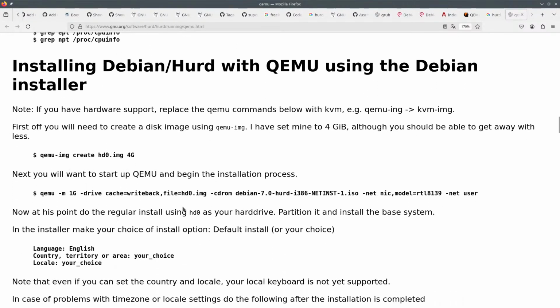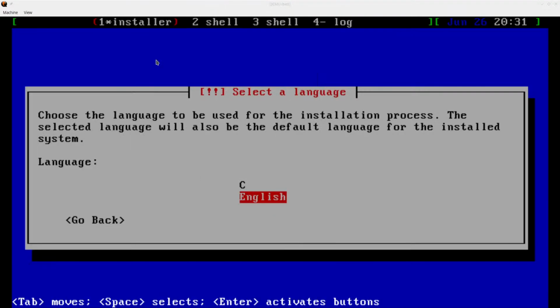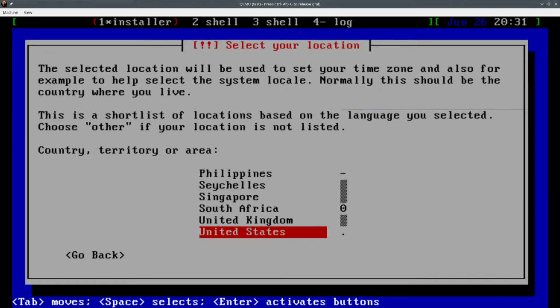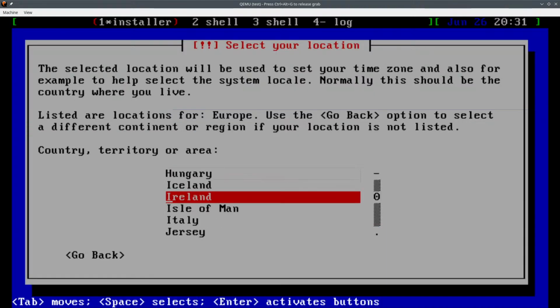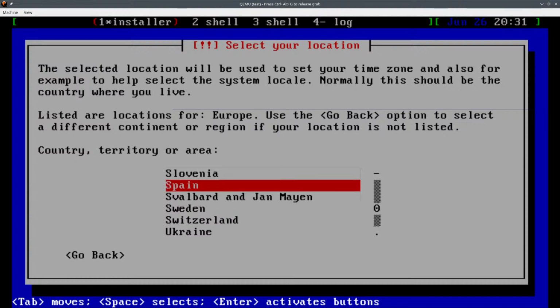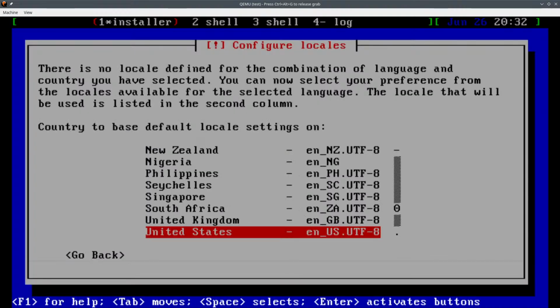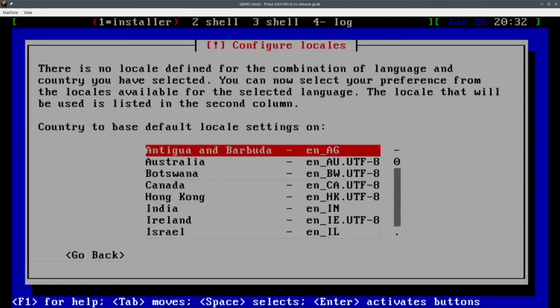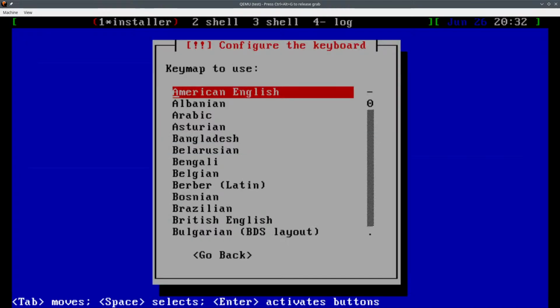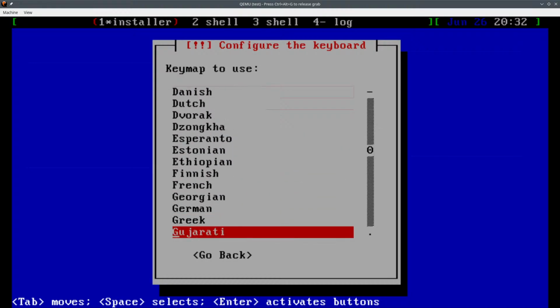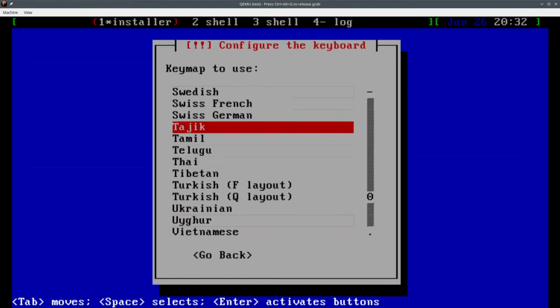Okay, so create NIC model net user. Yeah, so this should be working. Okay, let's go into other, Europe, Spain. We said that it had to be United States, well, whatever the reason it is, and then we're going to choose Spanish.